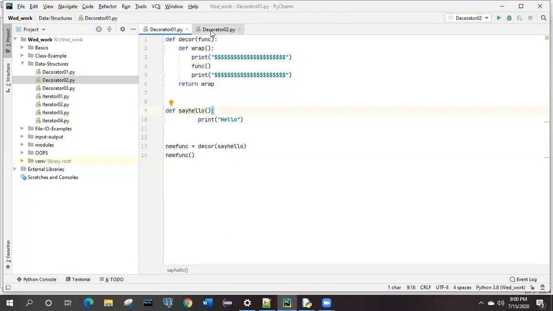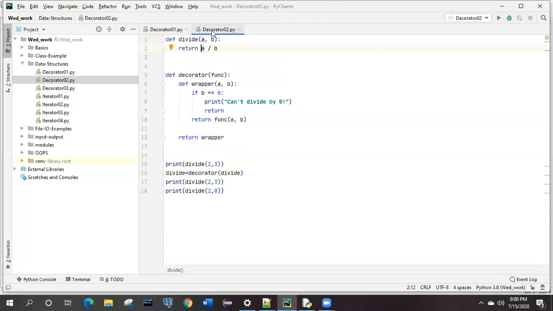But if you look at the second example, in this one, the wrapping part has a functionality: it is checking that b should not be 0. If b is 0, you can give some message to the user.